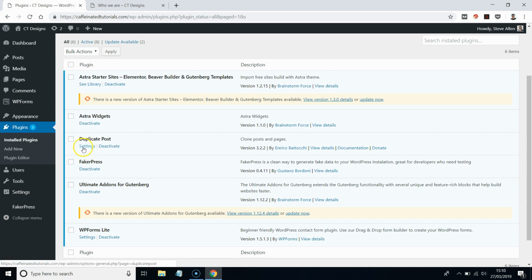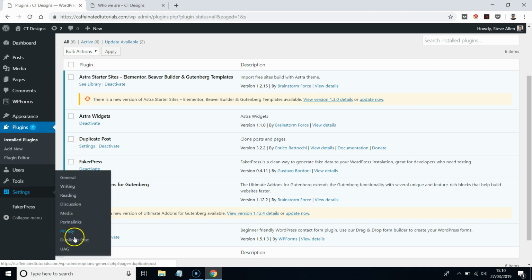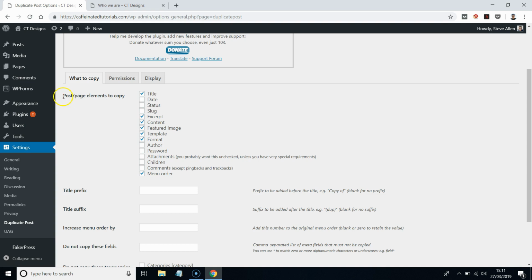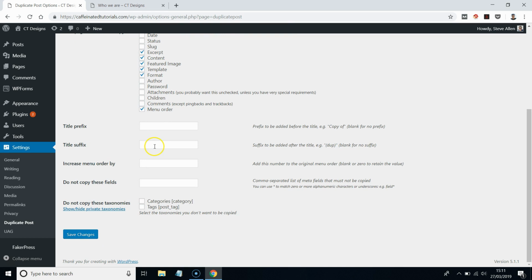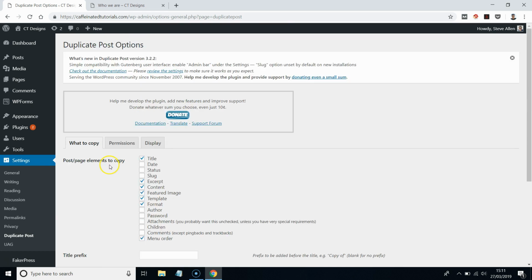And you can access the settings by clicking on here or by going down to your settings and clicking on here. So here's some settings here that you can change that you're essentially telling the plugin what to copy. So I'm just going to leave these as they are. You can take a look at some of these settings to adjust the way the plugin works for you. Then to actually use the plugin, come over to Posts,